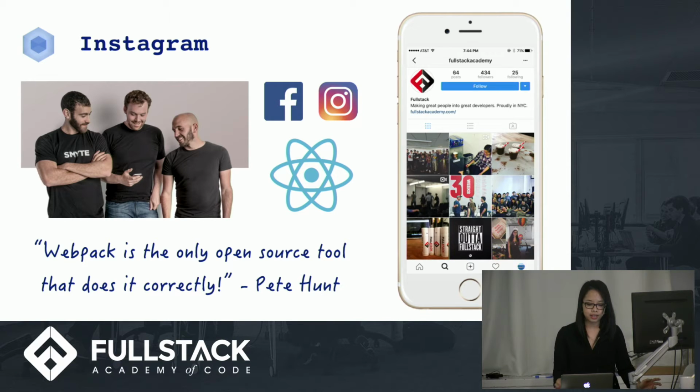If you look at Instagram, Pete Hunt is sharing that there are at least 17 entry points that Instagram has, even though when we browse it, we feel that it's only a one-page application. But there are actually 17 entry points. So in terms of business practice, they really needed a module bundler that would help them bring the performance higher. So in 2014, the team was looking at bringing the efficiency to a higher level